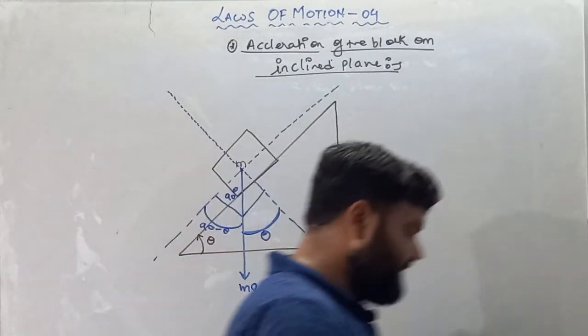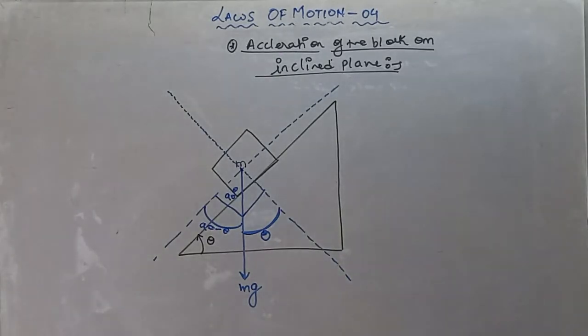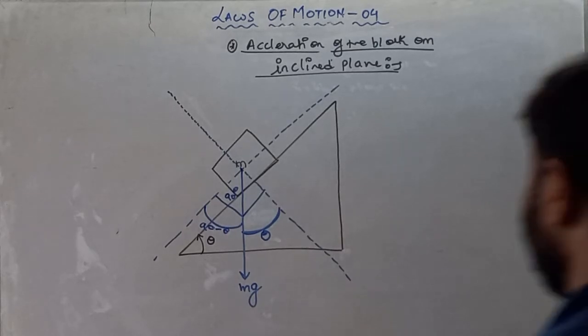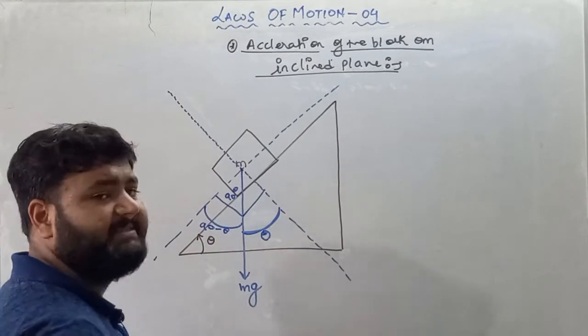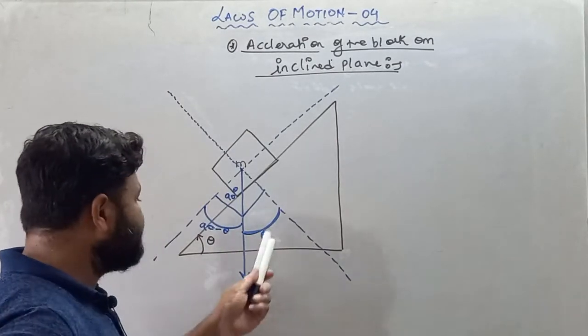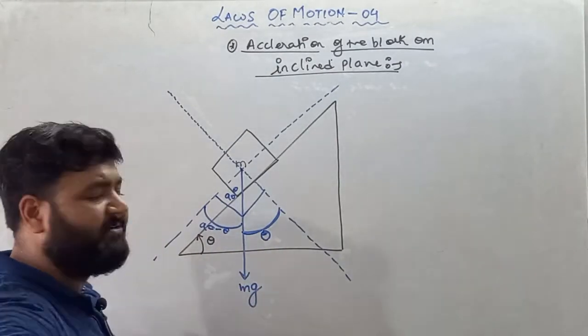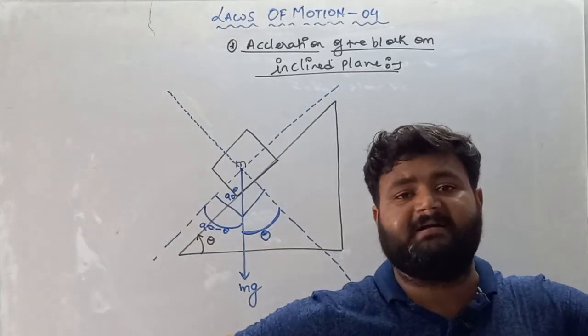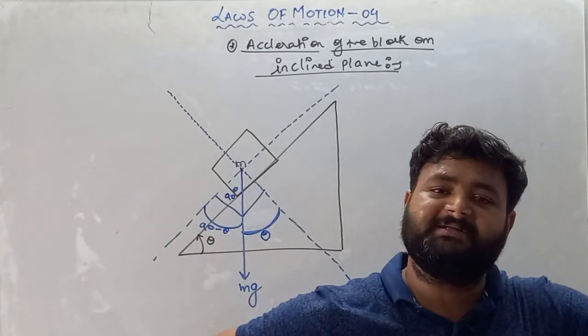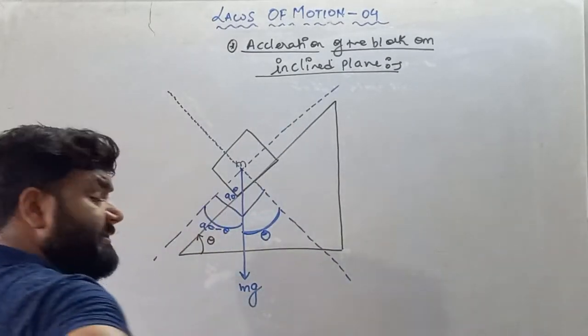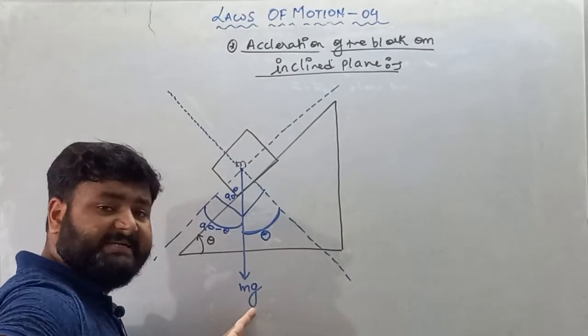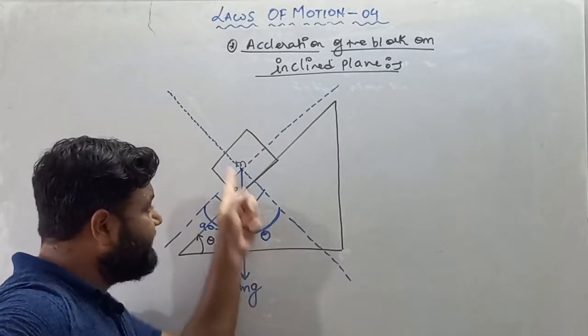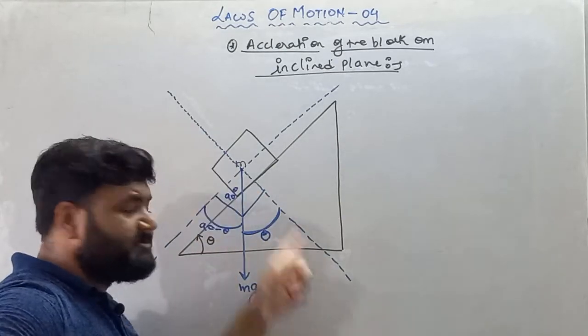Now, my dear student, next thing, we know that weight is nothing but a force and it is a non-contact force. So here weight, which is a non-contact force, is making some angle, that is theta. If weight is making angle theta and weight is a kind of force, then we know that if any vector quantity is making an angle, then we have to split its component. So now we have to split the components of weight. mg is acting downward and this is making angle theta with this y-axis. So we have to split its component.